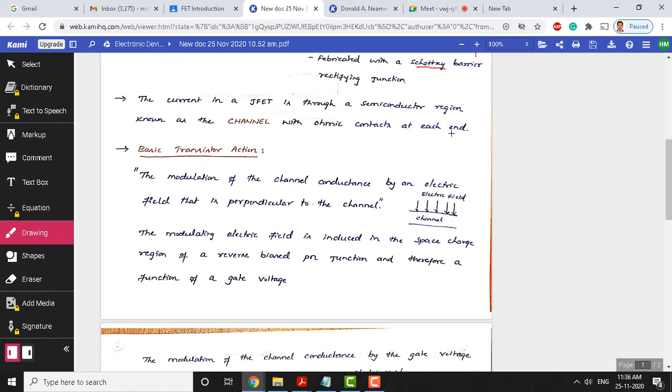With ohmic contacts at each end, you have seen ohmic contact. In order to take terminals, we need to have an ohmic contact. Ohmic contact is basically which will offer very low resistance compared to other kinds of contacts. You will study the contacts in VLSI design. There you will see the different sorts of contacts.